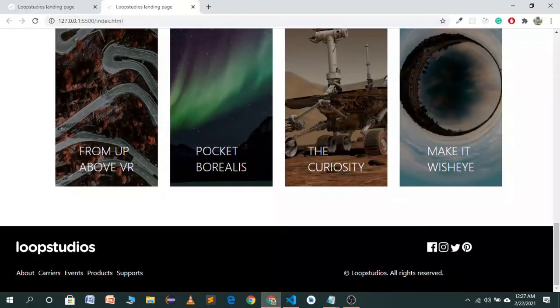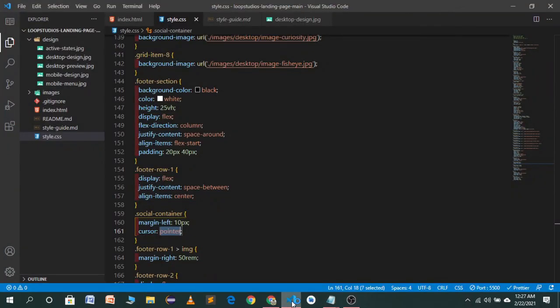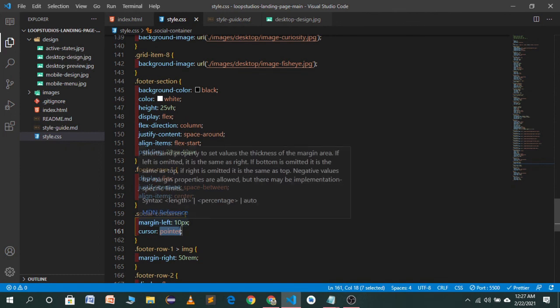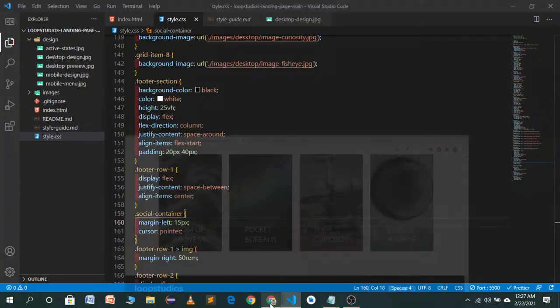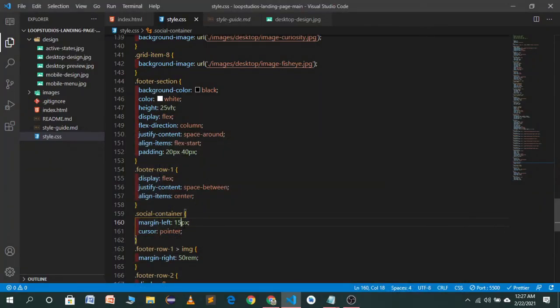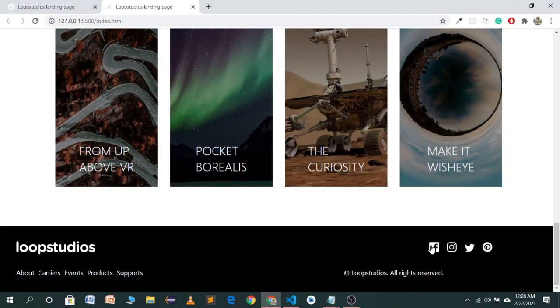I hope it will look good. 10 pixel is not looking great, so let's try 15 pixel. Oops, we have to target the image, that's why it's not working. Now you will see we have a gap between these and the cursor is pointer.